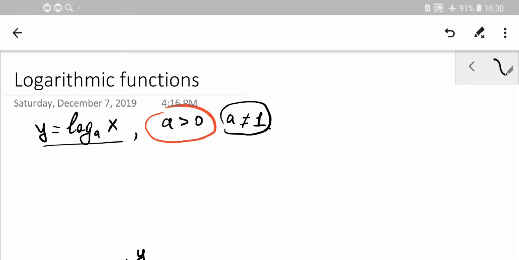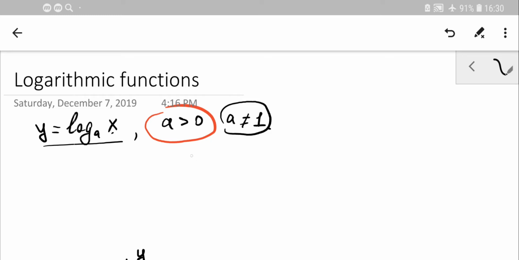Hello guys, today we keep exploring logarithms, and today I'm going to show you logarithmic functions. That's a nice, standard function that you need to know how it works. We also consider an inverse function. You remember from previous videos that the inverse function for a logarithmic function is simply the exponential function. Alright, okay, so we start from the normal logarithmic function y equals log a